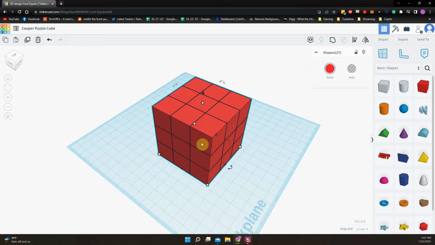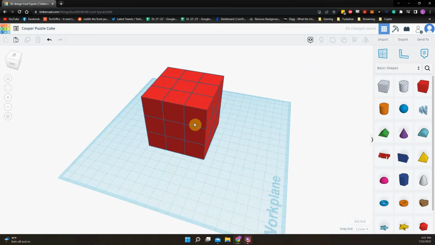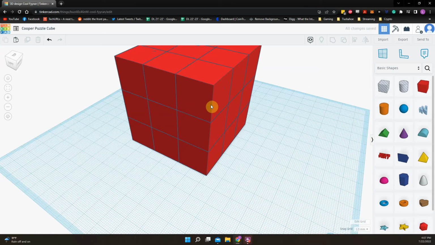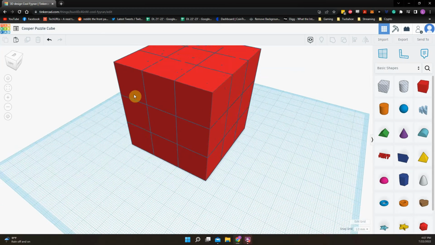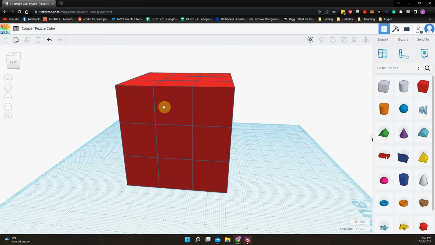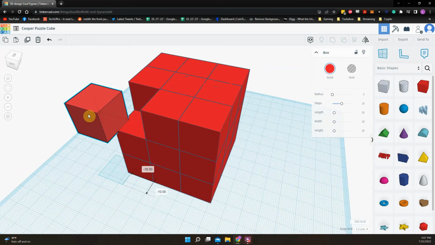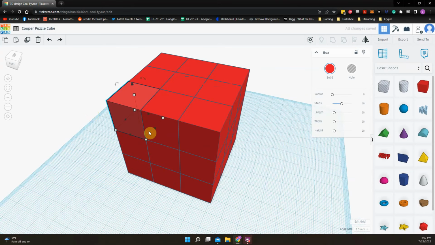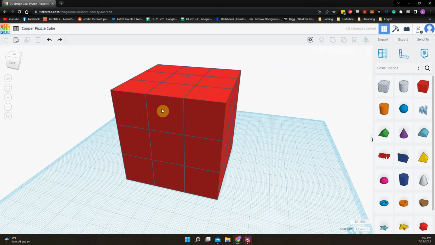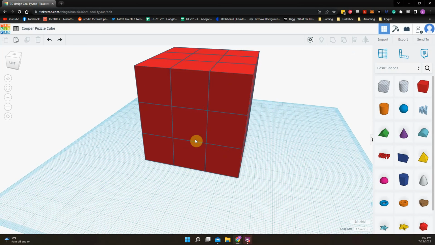So our puzzle cube is going to fit together. This is the solved puzzle cube, if you will. Now we need to make the pieces. So to get a piece, you're going to drag it out of the cube, but we want our pieces to have several of the cubes included. So for each piece, you want at least 3 cubes in a piece,